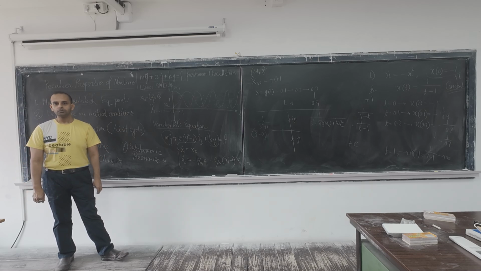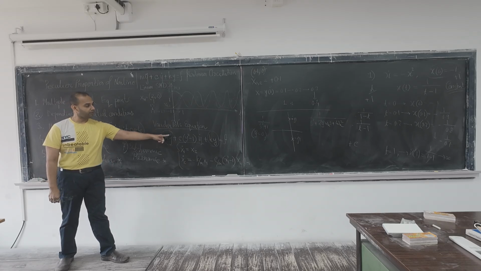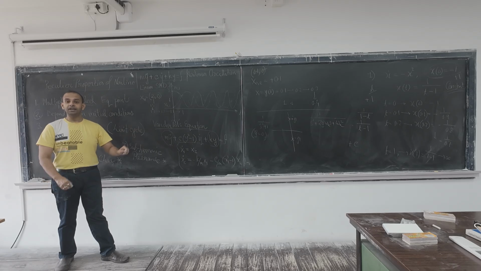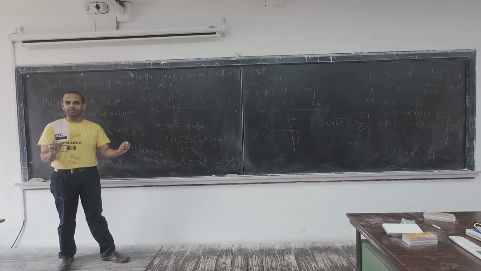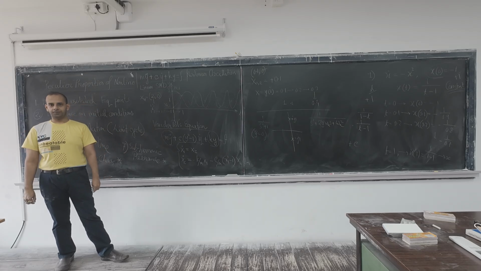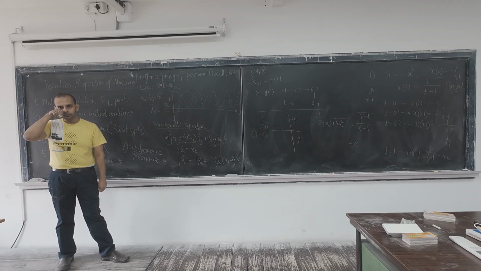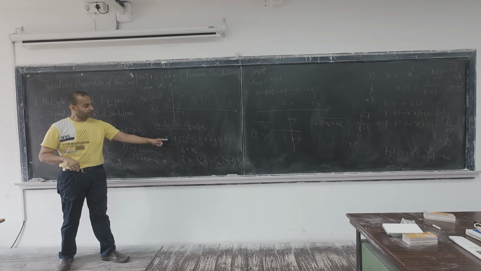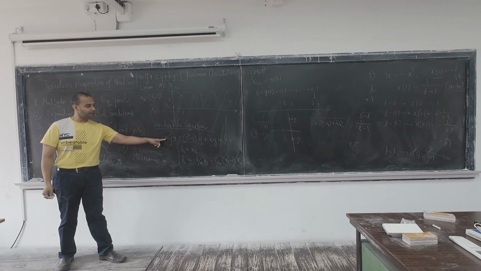Sir, that y is becoming 0 at one particular instant, right? But once it becomes undamped, in the ideal case, if there is no other factor which is changing the damping, then it will remain undamped. So due to the inertia of the block, it will never stay at y equal to 1. The moment it becomes y equal to 1, then it will change. It will continue. No, but it is happening within the inertia only, because in the inertia, in the m term,